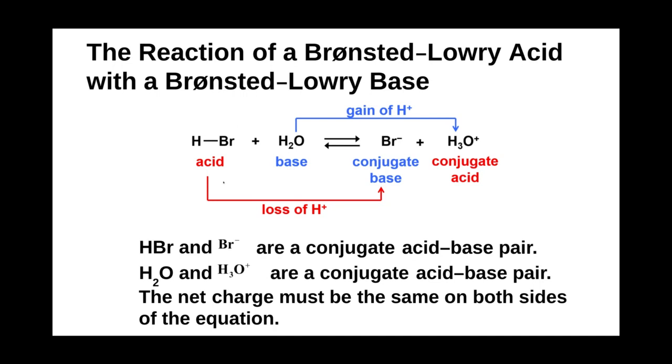Now, in this case, the acid is hydrobromic acid, as its name implies. Our conjugate base from that is just the bromide ion, because again, it's a base, thus it has the capacity to absorb free protons. And bromide has that capacity because it has extra electrons hanging around. Now, our water is again going to be our base because it has the capacity to absorb protons. By absorbing a proton, it becomes the hydronium ion. And because it has an extra hydrogen attached to it, and it has the capacity to lose that hydrogen, it is the conjugate acid.